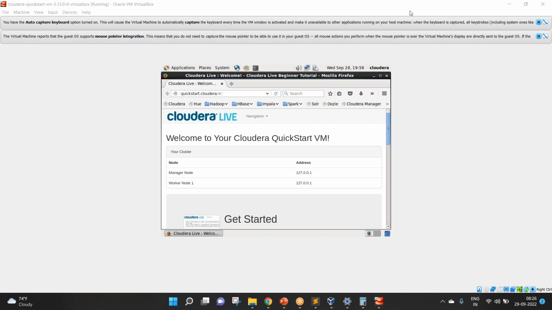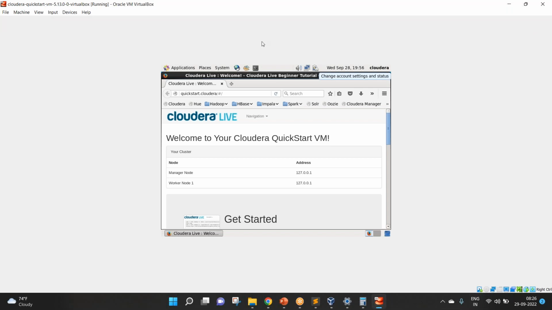So once you download and install VirtualBox, and once you import it and once you start it, this is what it should look like. You can see some messages at the top right corner. Click on the blue cross mark. You can close them, and then you can see that